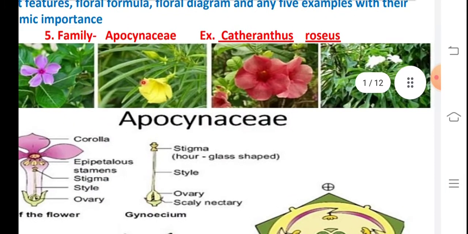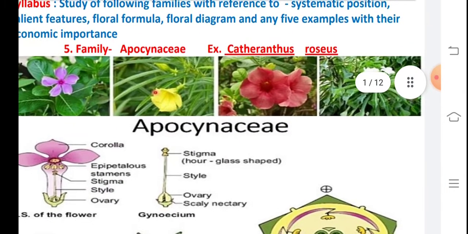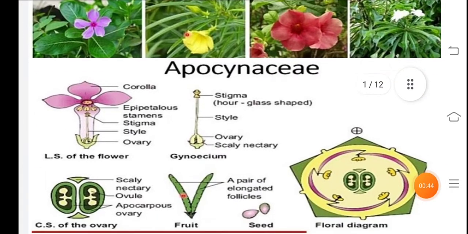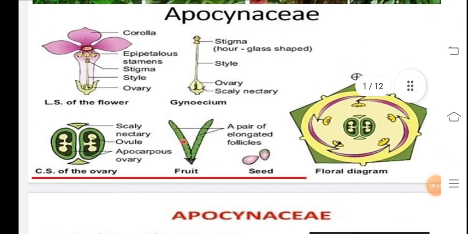This is the Alamanda, scarlet color bagua, and the yellow color, right? Yellow color is the bitti. Then plumeria is there. We will see them one by one, so please see the photographs. This is a good flower of